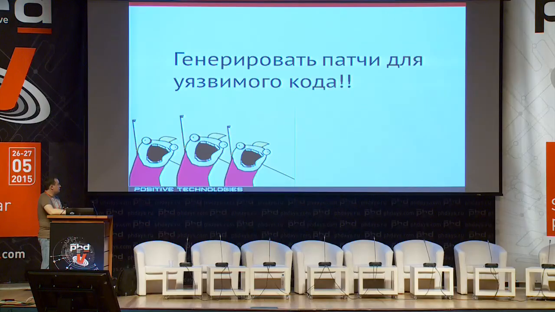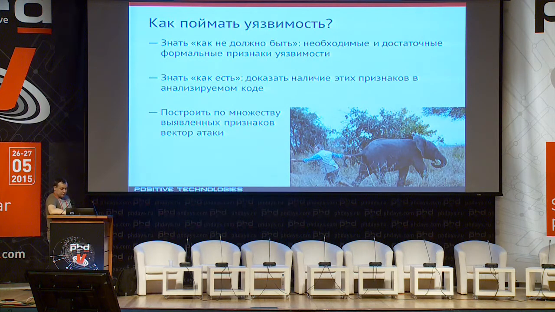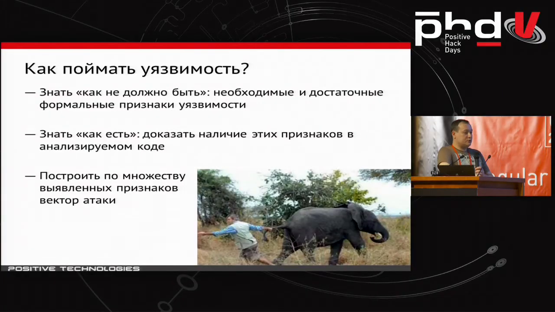So we want to fix it and start to generate patches for vulnerable code, so that we could apply them to the original code and get the protected application version. In order to generate patches, first you need to understand what a vulnerability is and what fixes it. To catch a vulnerability, you need to know three things. First, you need to know how it shouldn't be: the formal, mathematical prerequisites of the bug in the code,